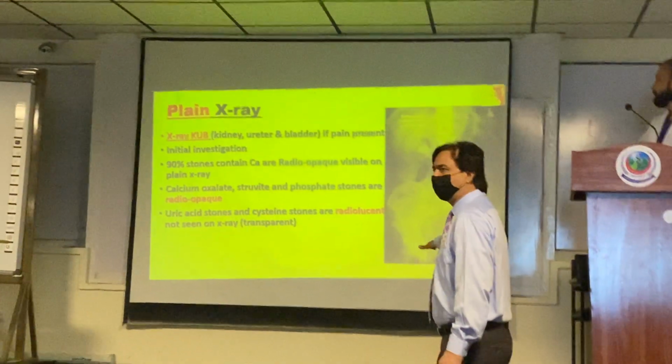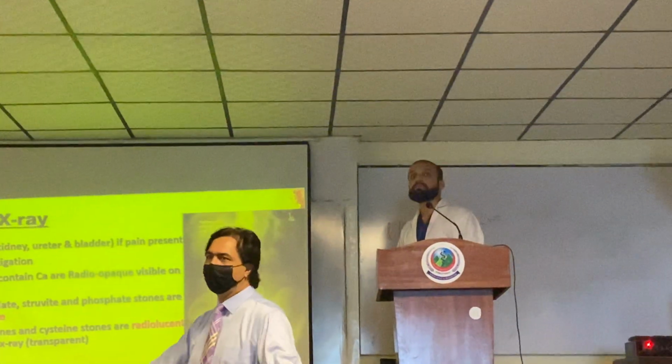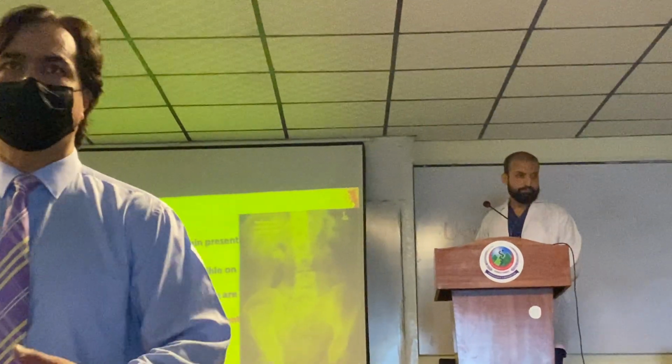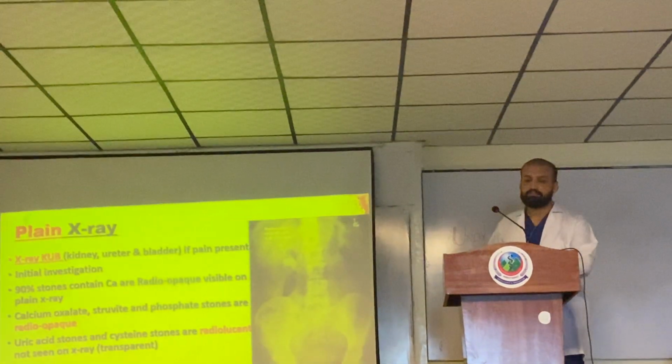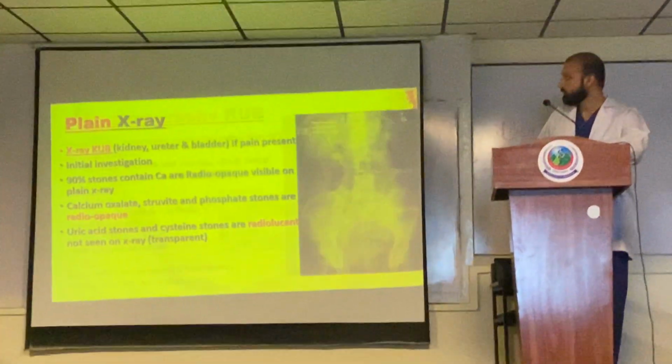If the pubic symphysis is not visible, a small part, say 15 or 20% of the urinary bladder, is excluded from the field. So the pubic symphysis has to be visualized. Only then will you say this is a KUB X-ray. Otherwise, this is just an X-ray. So what you see is